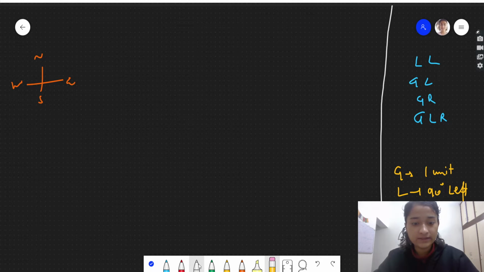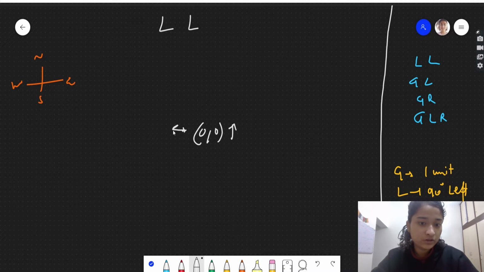Now let's take this test case, LL. The robot is initially at 0, 0 and it has to turn 90 degrees left. It is currently facing north, so when it turns 90 degrees left, it is now facing this left direction.